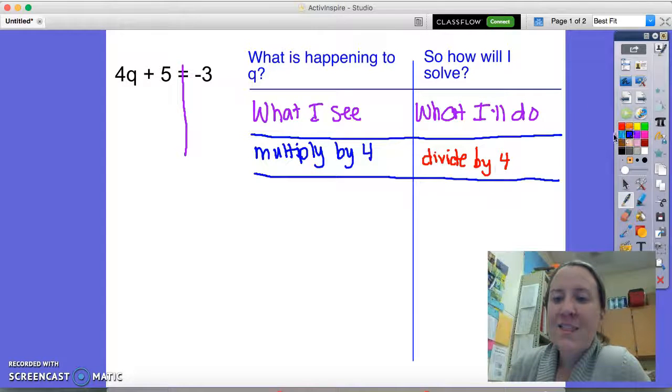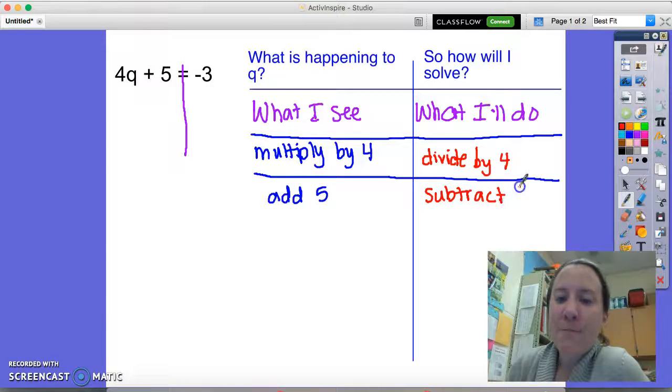The other math that I see as I look at this problem is that 5 is being added to 4q. So add 5. Same reasoning. My inverse or opposite of that would be in my solution, I'll subtract 5. So now you have a nice outline of what it is you need to do before you just jump in